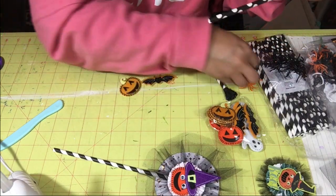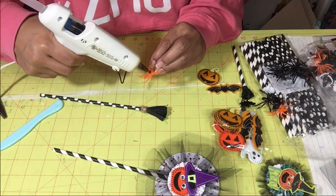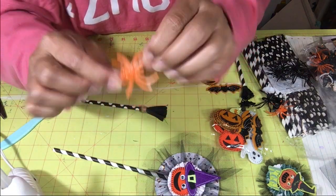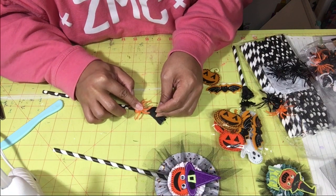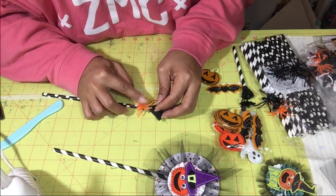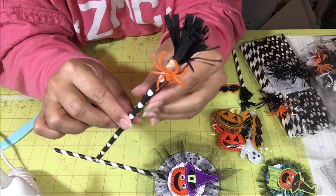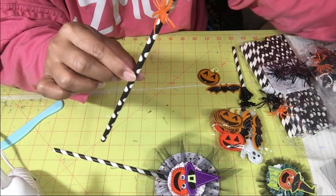Okay. Let me add my glue. Alright, and I just added to the body. I'm not going to put it straight completely on the broom, so it looks like that. Oh, I love it. And it's going to stick out of the envelope like that. So I'm going to cut this down a little short,